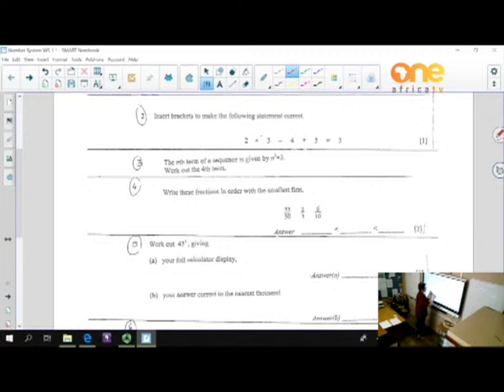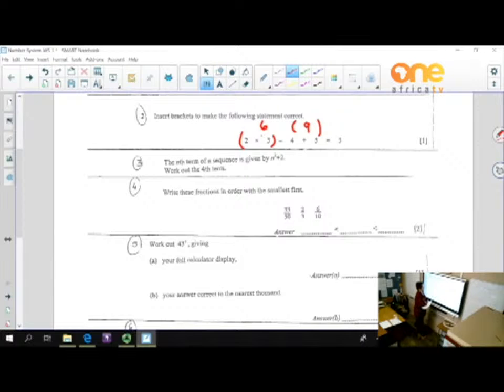So what will make it 3? If we just say 6 minus 9, then we're going to get a negative 3, isn't it? That one is not going to work. 3 minus 4, if you first do that, then we get negative 1. So then we still don't have an answer. Negative 1 plus 5, that will not work. So you'll have to try to see what is going to work here. Look at this one, 6 minus 9, but then we get negative 3, so that's why that one is not